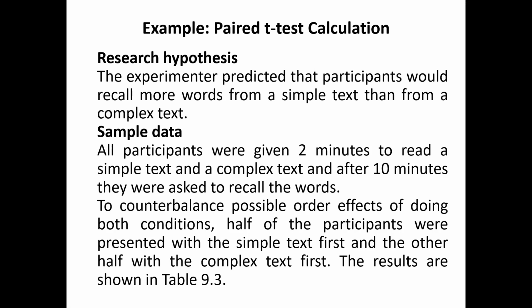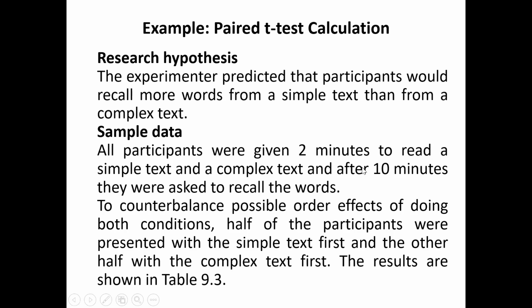Then this experimenter probably went to the field and got sample data. In the sample data, all participants were given 2 minutes to read a simple text, and then another 2 minutes